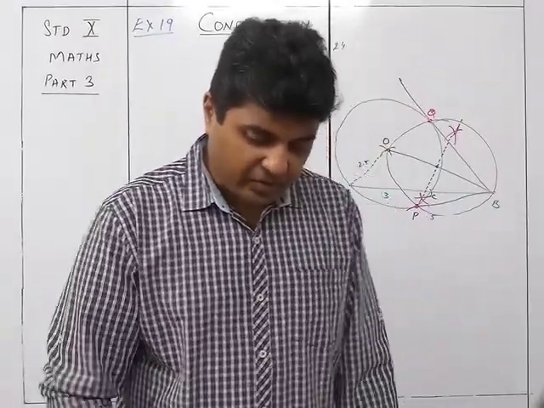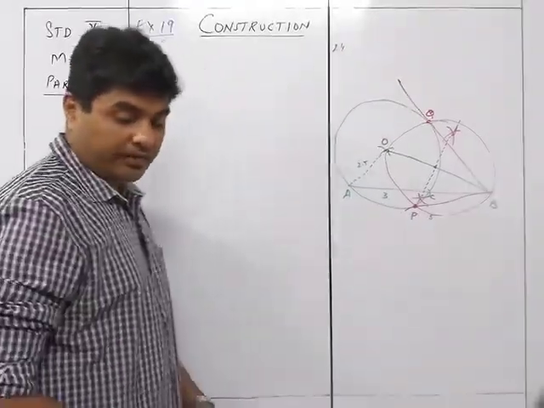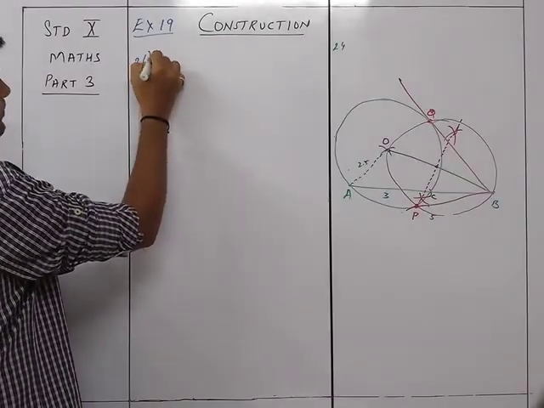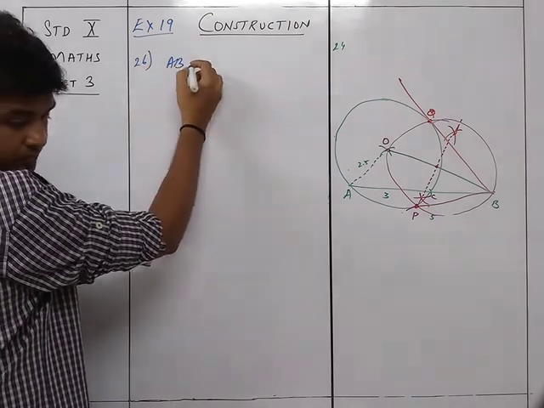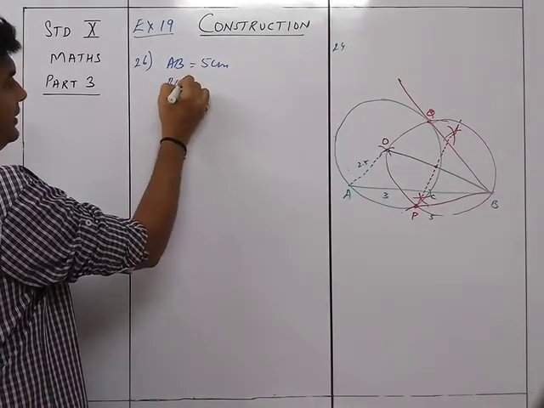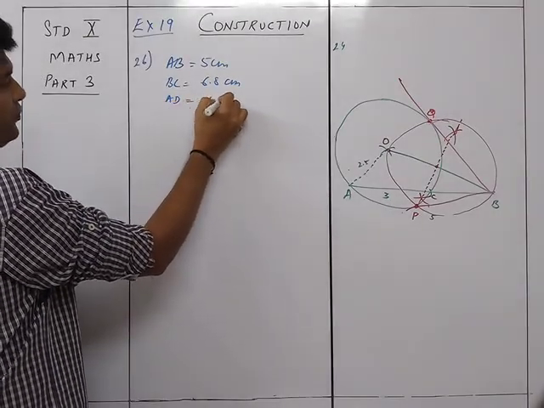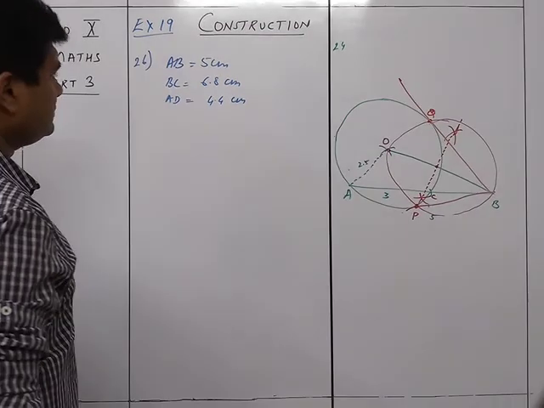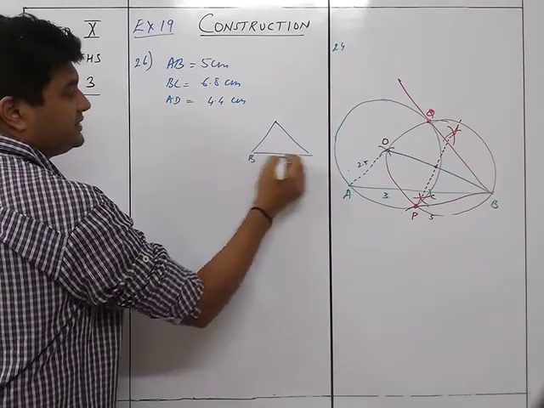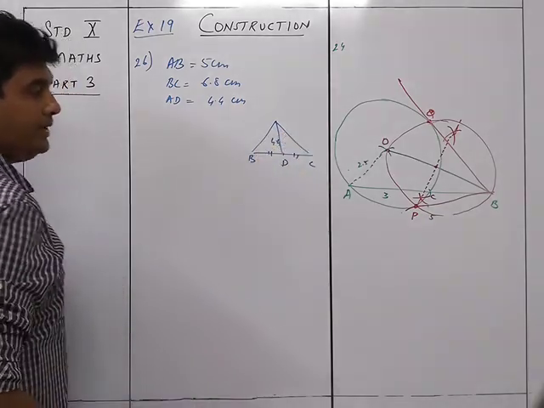Consider triangle ABC. AB is equal to 5, BC, and median is 4.4. Now this is a different one, wherein they are not given the side, but they are given the median. So you are given over here that in the 26th sum, AB is equal to 5 centimeters, BC is equal to 6.8 centimeters, and AD is equal to 4.4 centimeters. So we know that it will be a triangle like this, wherein this is B, this is C, this is the point D over here, which is equidistant, and this is AD, which is 4.4.